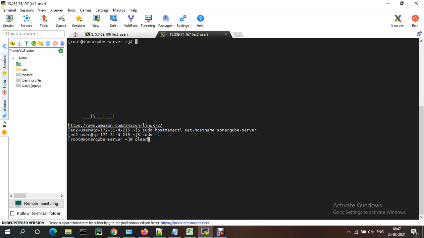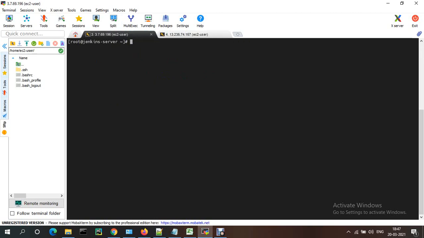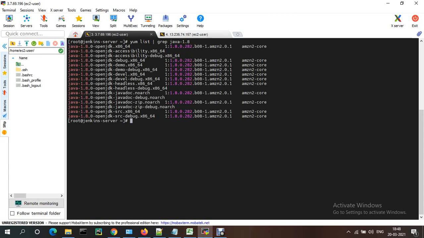So let me install Java on this Jenkins server, the prerequisite to run Jenkins. I'm searching the yum list with grep for Java 1.8; you can take anything. I'm going with OpenJDK devel, and I'm installing this one. It will come with both the JRE and JDK.